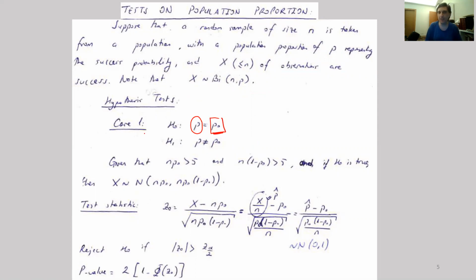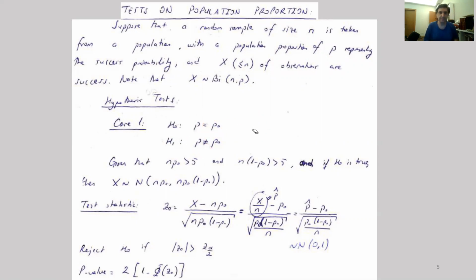Note that this is case 1. In the other distributions, I talked about cases 2a and 2b, where the alternative hypothesis changes into a form of greater than or less than. Here I'm not going to talk about that because it's the same idea, but we can have questions related to that, greater or less than. It's the very same logic, so I'm just going to concentrate on this case.